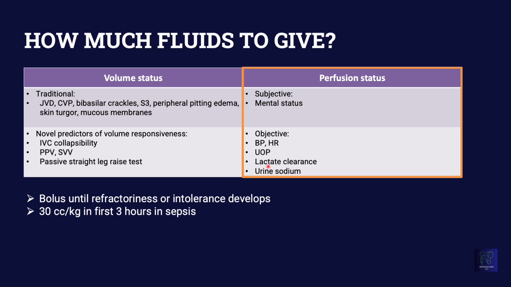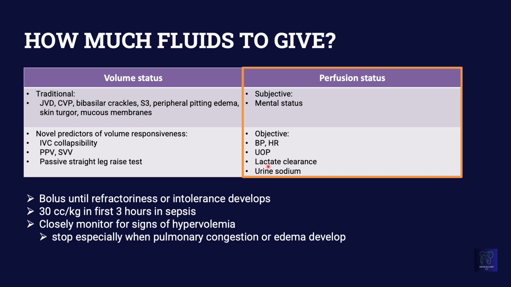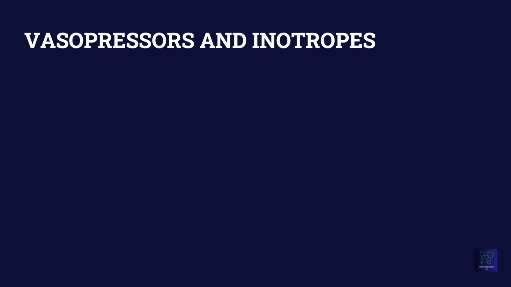Closely assess the patient before deciding if more boluses are needed. Like I said, closely monitor patients for hypervolemia and be cautious in patients with respiratory failure, CHF, and kidney disease. In patients who are intolerant of fluids or are refractory to fluids, the mainstay of supportive care is vasopressors and